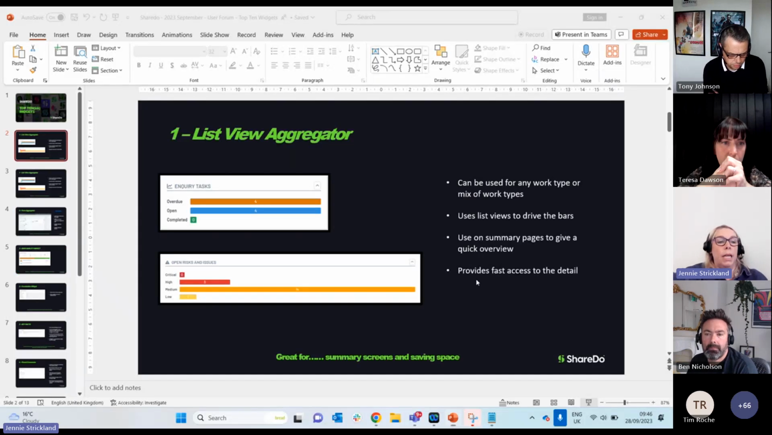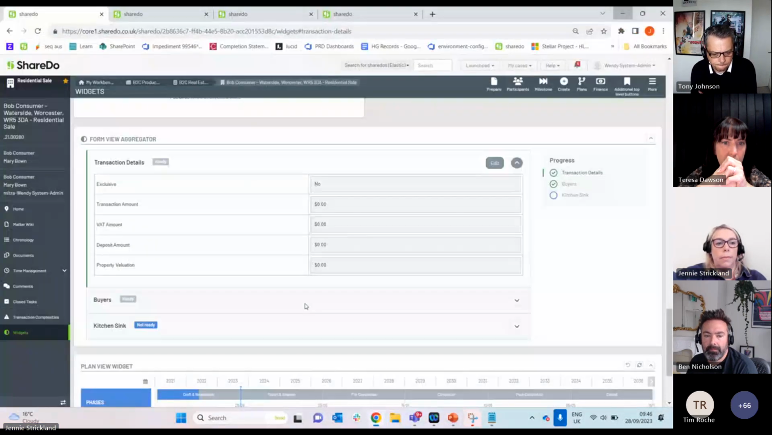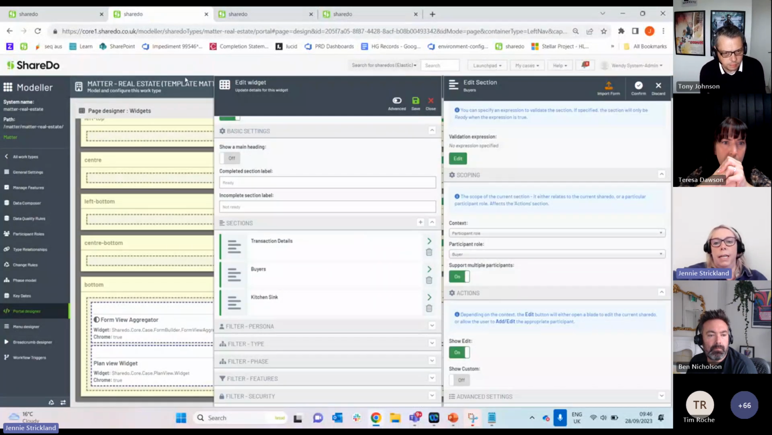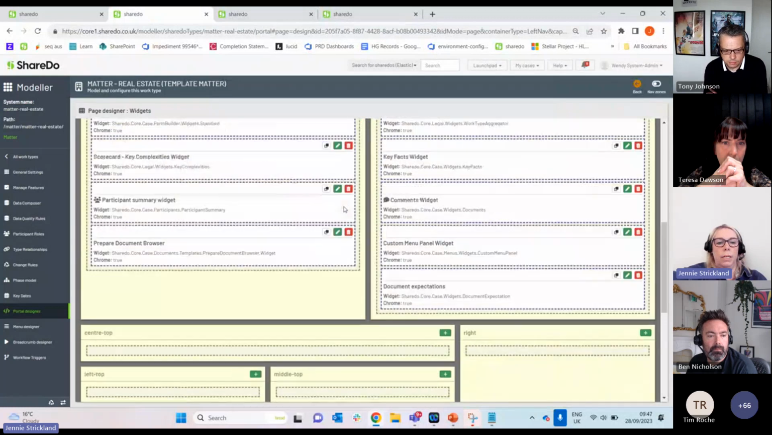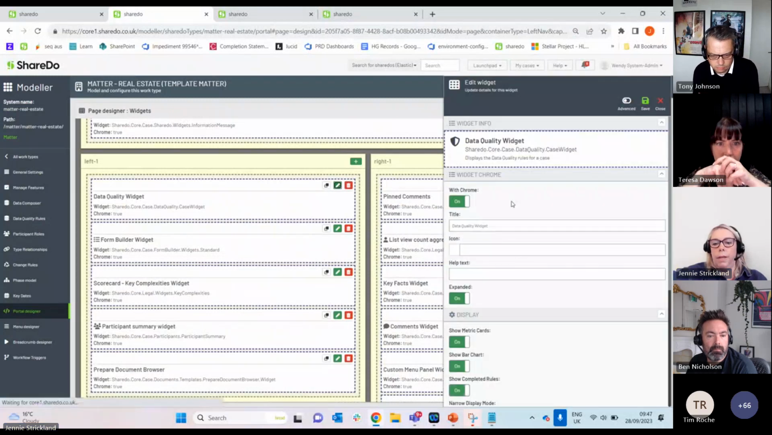So again, if I just flip into ShareDo and go up here, we can see that these are both completed now. So we can see that we've done everything we need to on that. And the configuration for this is pretty straightforward. It's another one of the nicely curated widgets. So if I come to here,